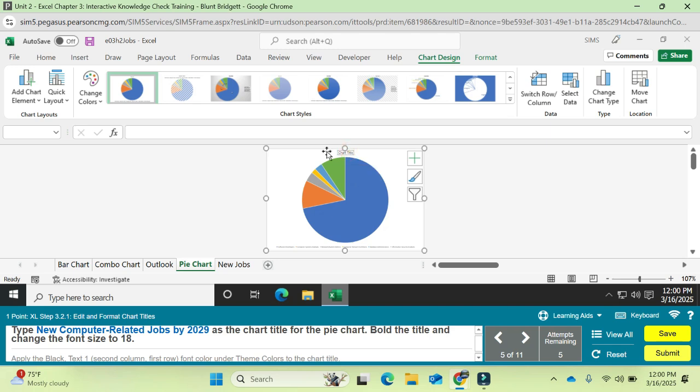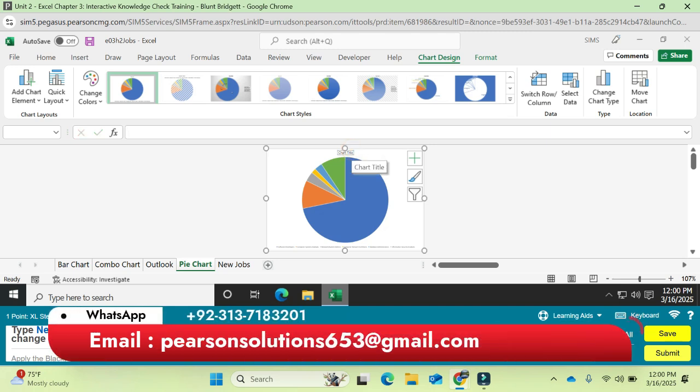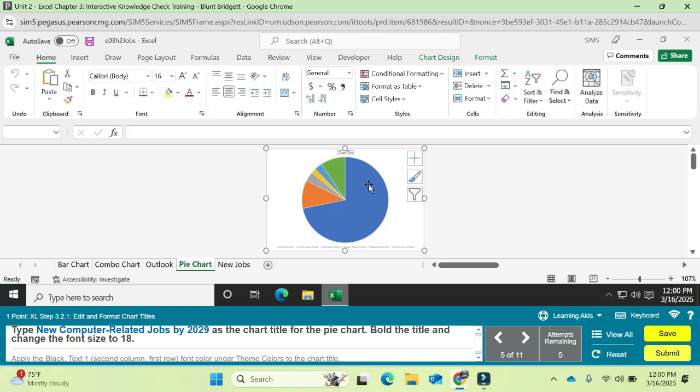Select that chart title and come to the formula bar right here. Okay, this is the shortcut to do this step very easily. If you type it here, it will become difficult to read whether you are typing it right or wrong. So I am just telling you a trick: select that from here and come to the formula bar. Come to the formula bar and type here